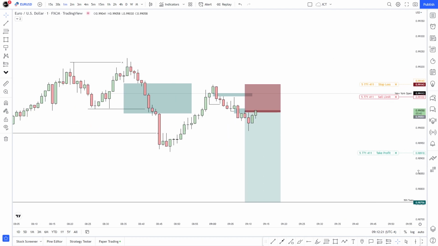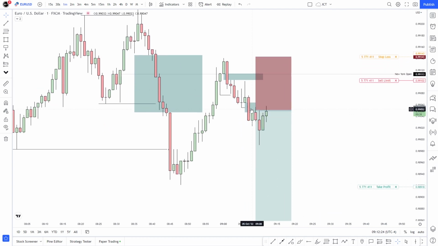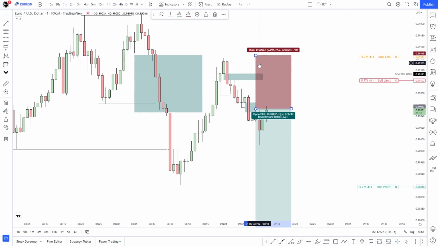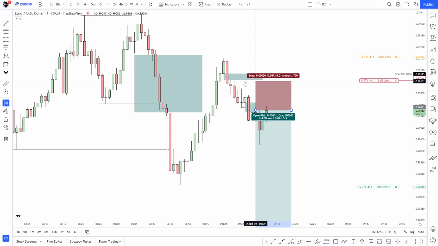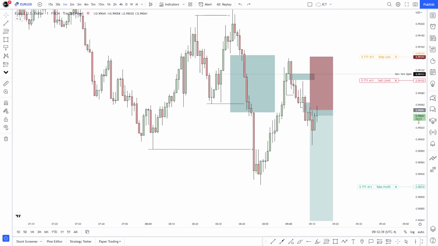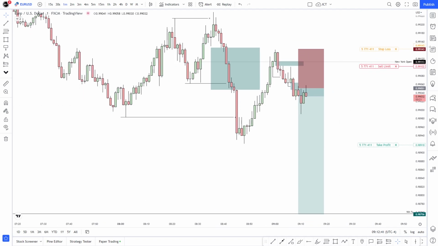I wouldn't have the ideal market shift in my opinion, but we did get this one, which in my opinion is a really good one. And ideally, we'd be confident enough on setting our stop losses about that high. But as this fair value gap wasn't mitigated, I can't do that, right? Because price does have the right to go all the way up to that before continuing any lower. And it is what it is.